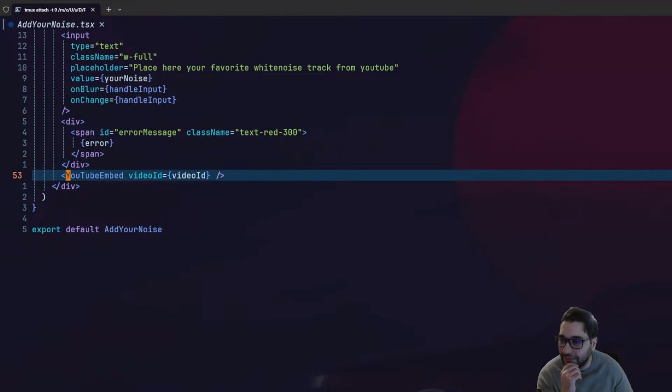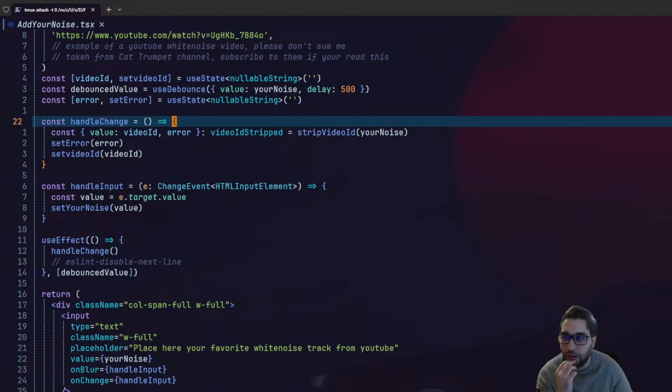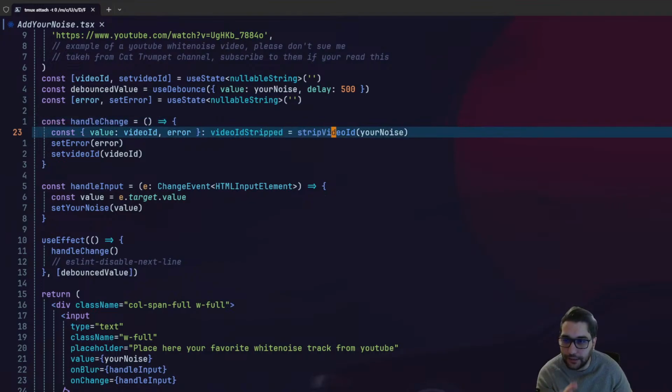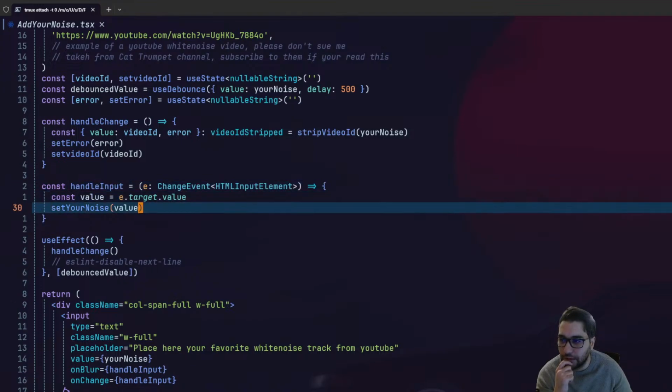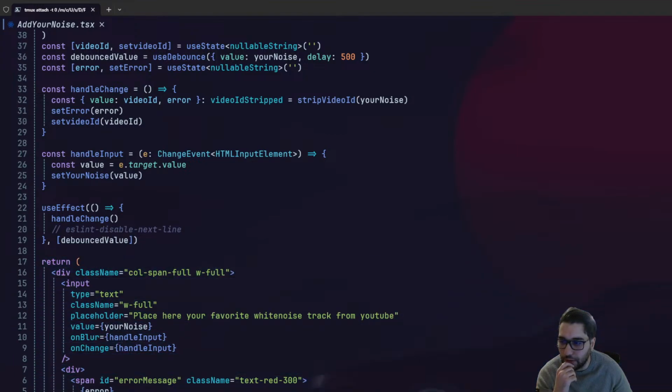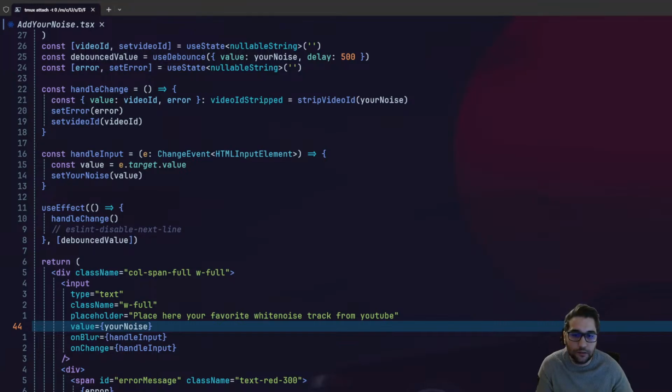So what you're seeing here is the YouTube embedded video ID. I'm handling the change for you to write your own URL, and then stripping the video ID, which means your white noise from that video. Then I'm handling the input for that, just typical React with a debounce value, and then passing that noise inside this video ID if you put it in. Otherwise, I am passing to an audio input with the noises that I have from the assets. These assets are white noises that I'm using by default. I can show you that in Twitch. It will make a render issue. Yes, you need the render in this case because